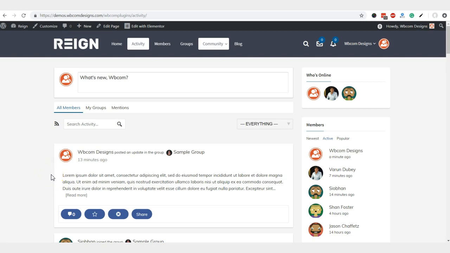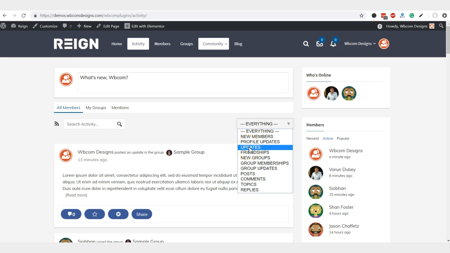I'm going to talk about our plugin BuddyPress Activity Filter. BuddyPress offers multiple types of activities. When someone registers to the website, it registers as a new member. When they make profile updates, it belongs to the profile update section, and regular blog post updates inside the activity section come to the update area.